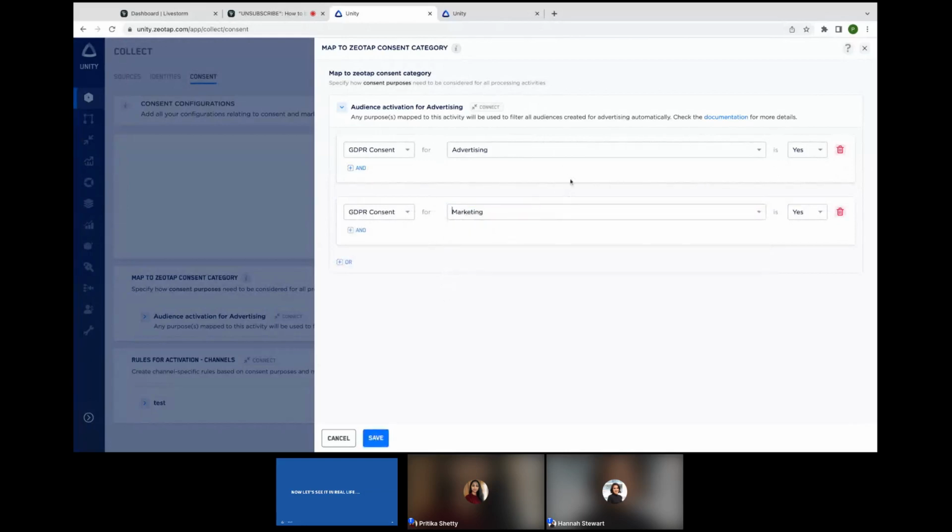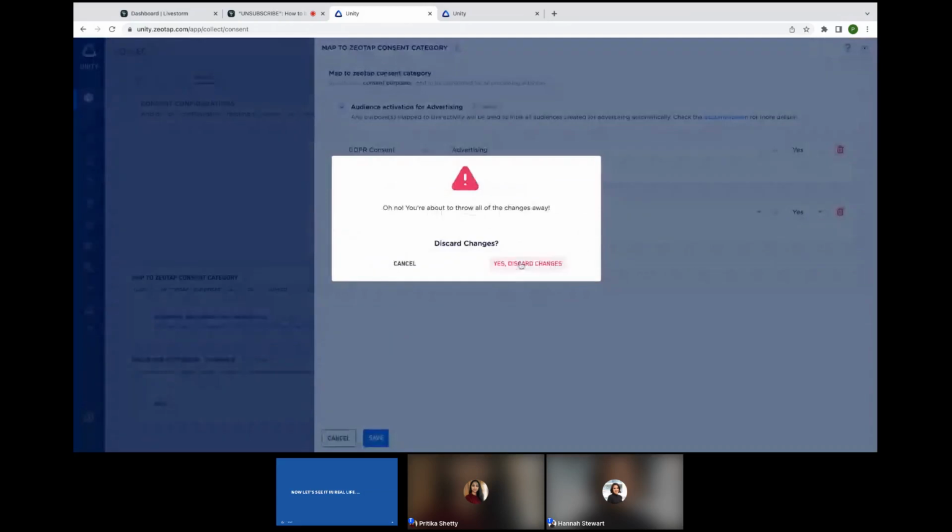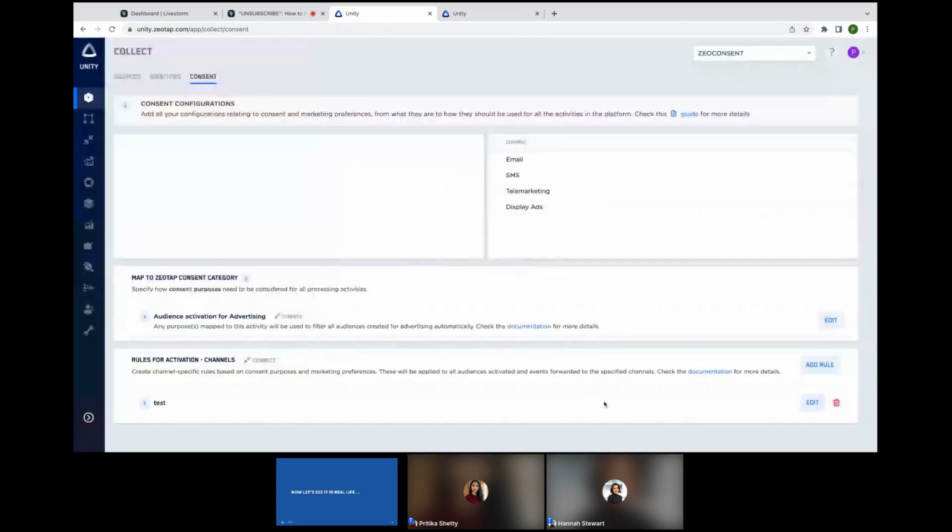This one set, we will make sure that all the segments that get created in your account will have users with this consent. If they do not, they will be excluded from the segment. We also make sure that we give you flexibility to define a separate rule for your channels, because not every channel is of the same type and you might have captured different consent for reaching out to a user on those